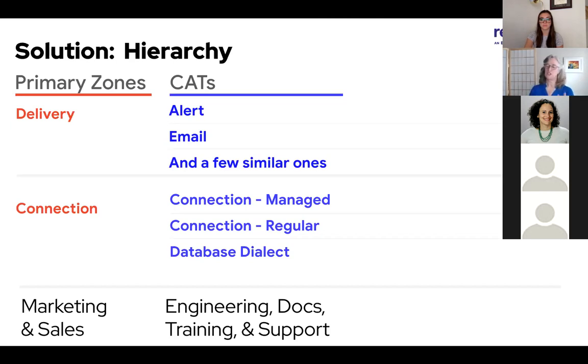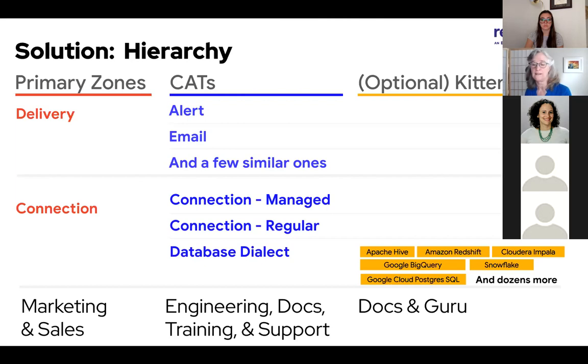Now, just as an added little twist, if you look down at the bottom at database dialect, we actually have dozens and dozens of database dialects we support. Sometimes it's useful to know that. So for documentation and Guru cards, we also tag for those things. And those are considered kittens because if you tag for Google BigQuery, we know we can roll that up in the data that it's database dialect. And we can roll that up that it's connection related. So all of this rolls up smoothly at whatever level you're at.